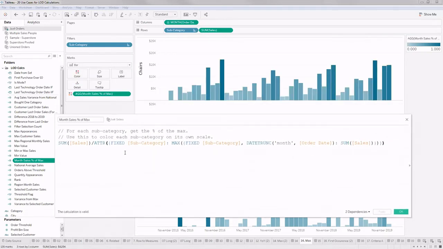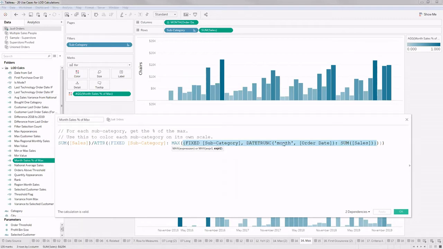Whenever you see a big nested LOD like this, it's better to start from the innermost LOD and work your way up. This is our innermost LOD expression. What it's doing is, for each subcategory and for each month, give me the sum of sales.